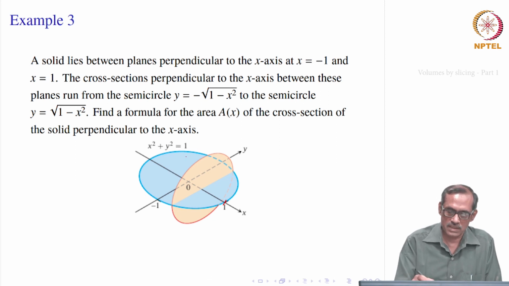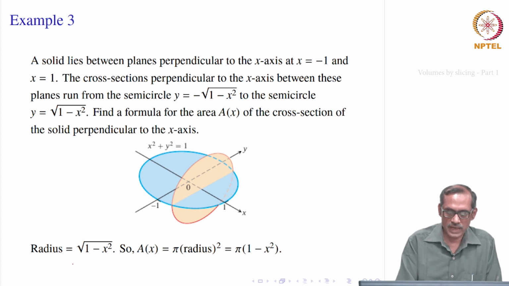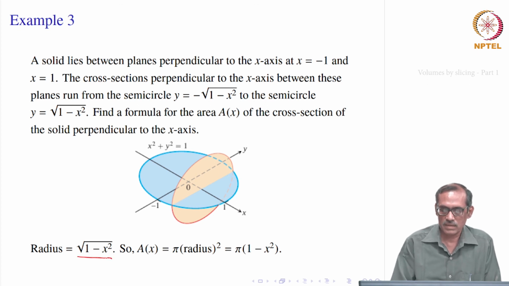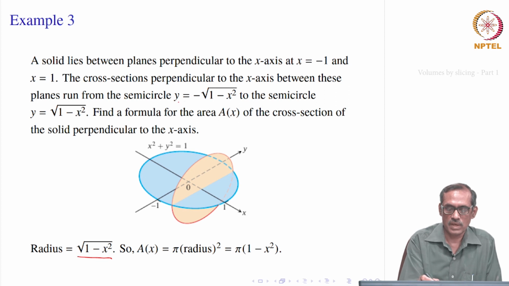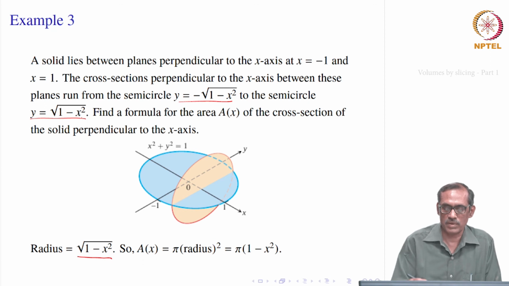So, all that we have to get is, it is a circular type, we want to find what is its radius and that would give the answer. So, the radius will be square root of 1 minus x square, because these are the two limits at any point x, right. So, it is the circle x square plus y square equal to 1. Once you take the cross sectional area, that will have the same radius. Okay. So, once we go up to x here and this one will be in the y. So, y will be square root of 1 minus x square, that is the radius of the circle, which is the cross sectional